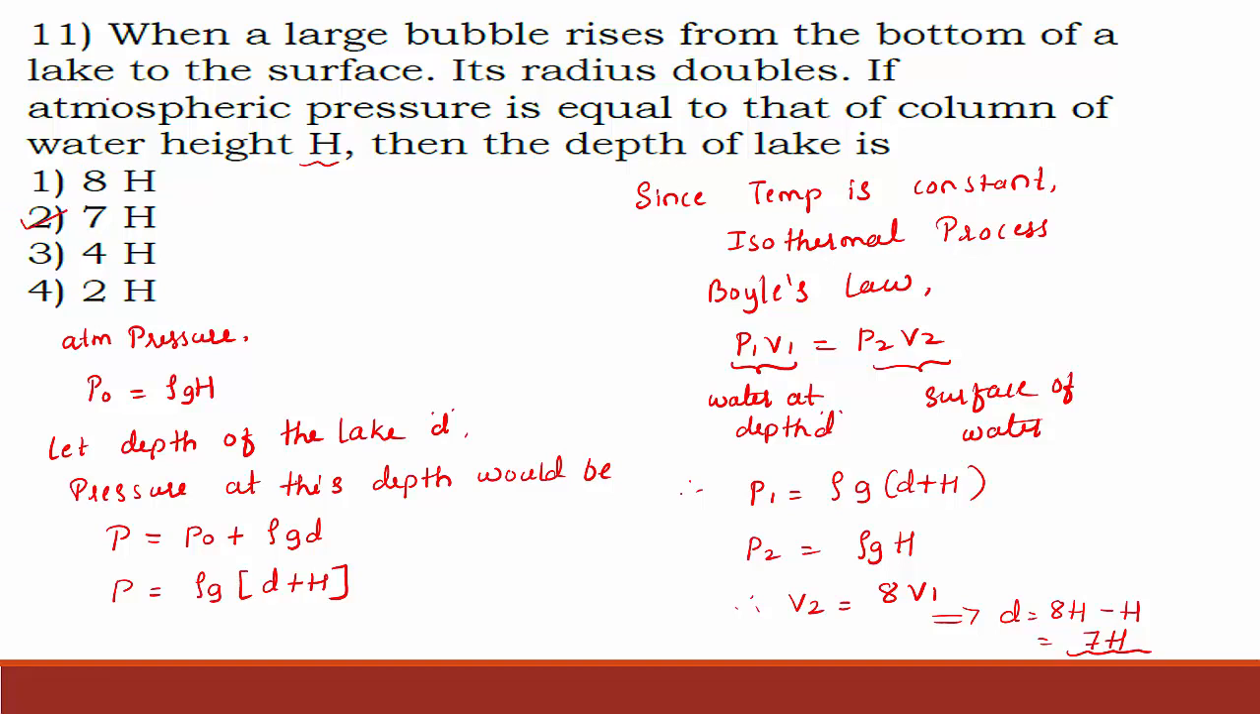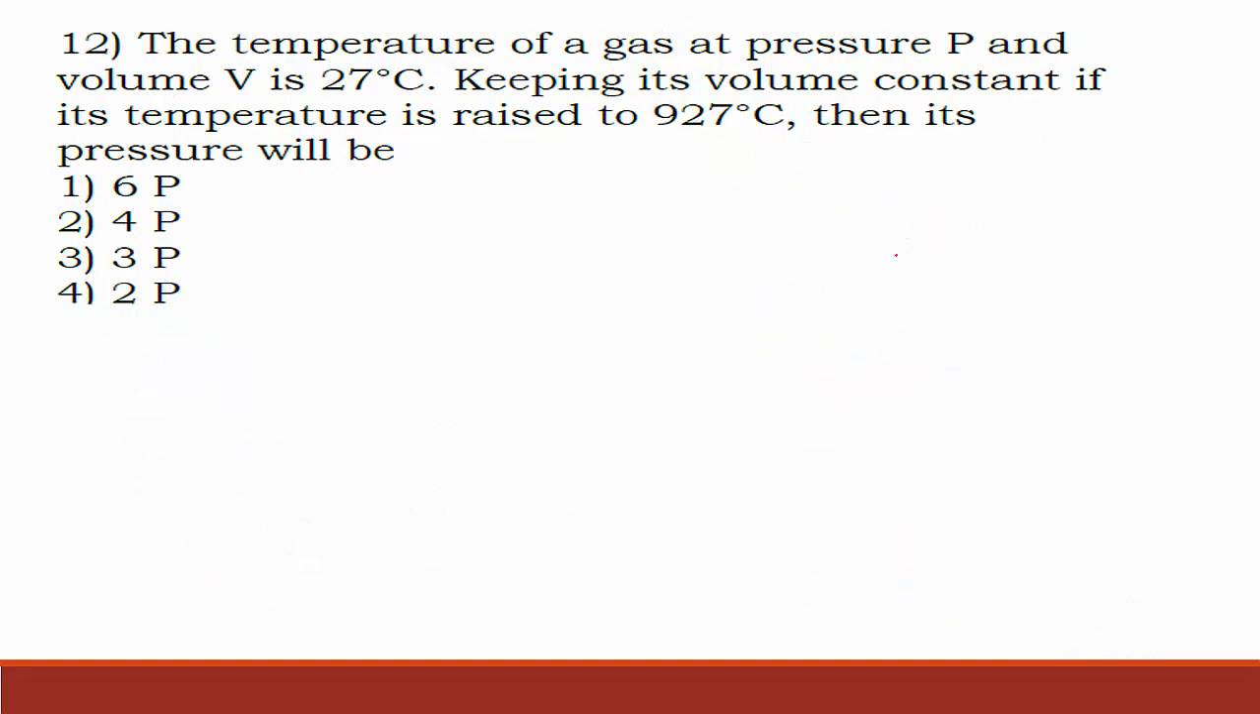Option 2 is correct. The temperature of a gas at pressure P and volume V is 27 degrees Celsius. Keeping its volume constant, if its temperature is raised to 927 degrees Celsius, then its pressure will be? Here we can use Charles' law, as temperature and pressure are given. Volume is kept constant, so we can use the law given by P1 by P2